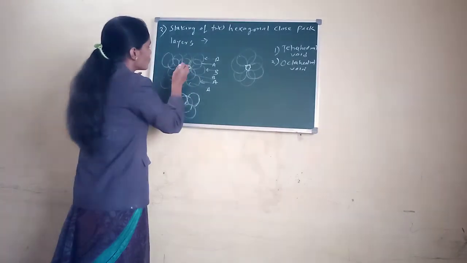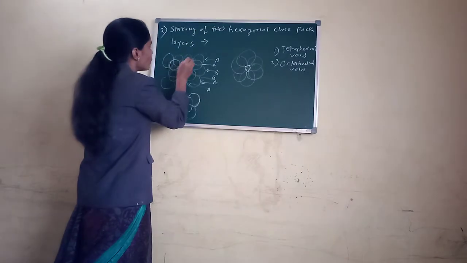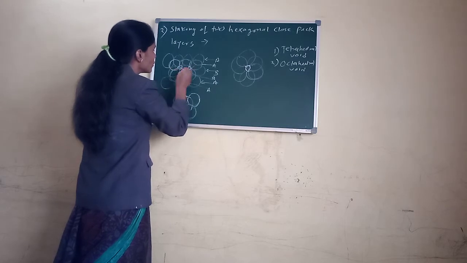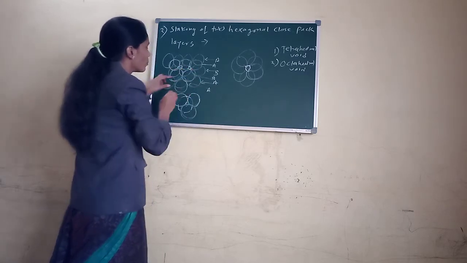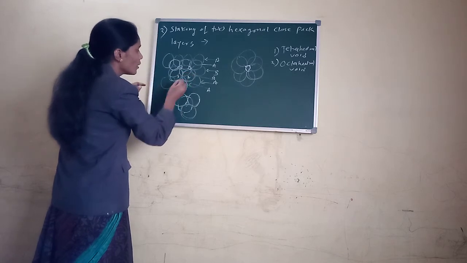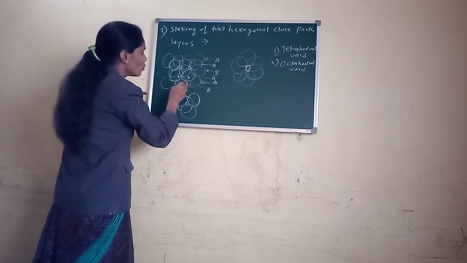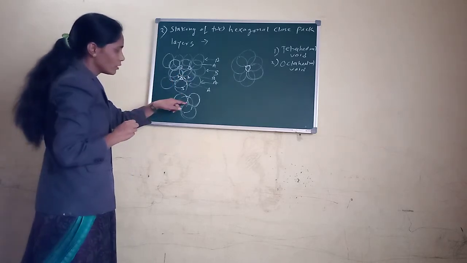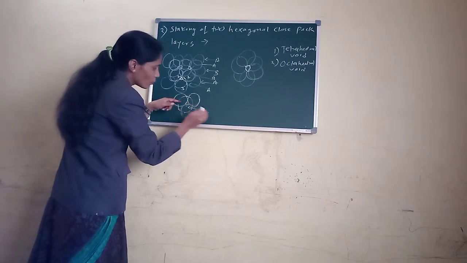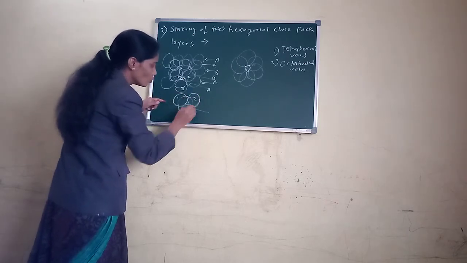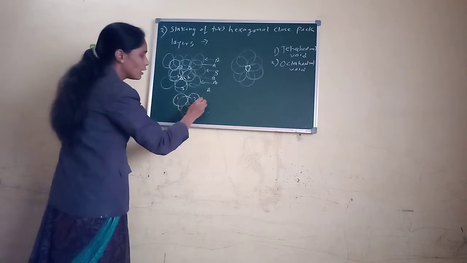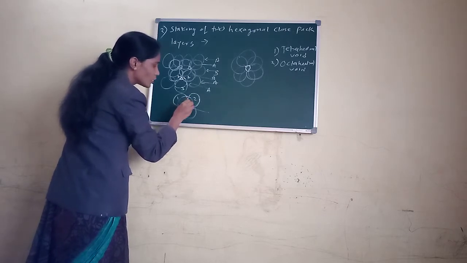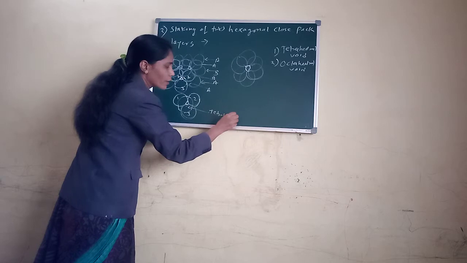In the diagram we observe three spheres of the upper layer, 1, 2, 3, and one sphere of the lower layer. This void is the tetrahedral void: this sphere is of the lower layer and the three spheres 1, 2, 3 of the upper layer produce the empty space. Empty space means void. This void has a tetrahedral shape.